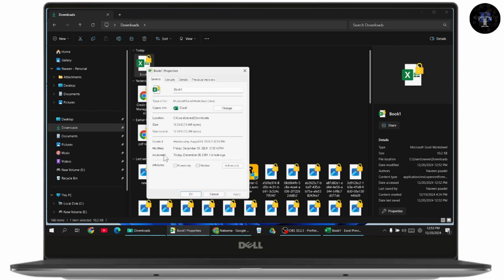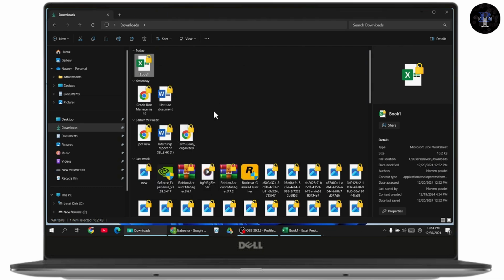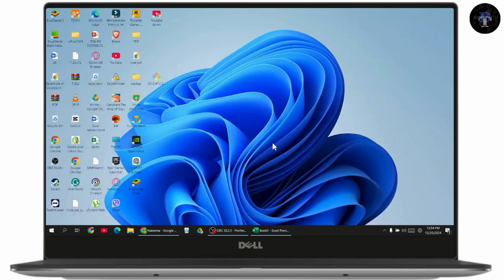You may also have that option on your general section. Here on the bottom, you will have security. And on the right side, you may have unblock. Just click on unblock and then go with apply and OK. But if you don't have that option or if this doesn't fix your problem, then move on to the next